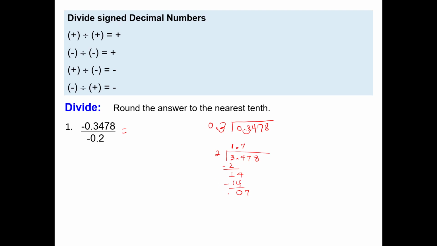How many twos in 7? 3. 3 times 2 is 6. 7 minus 6 is 1. Bring the 8 down. How many twos in 18? 9. 9 times 2 is 18. And now the remainder is 0. Then this division is